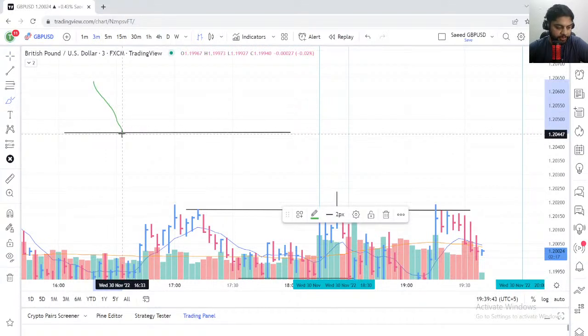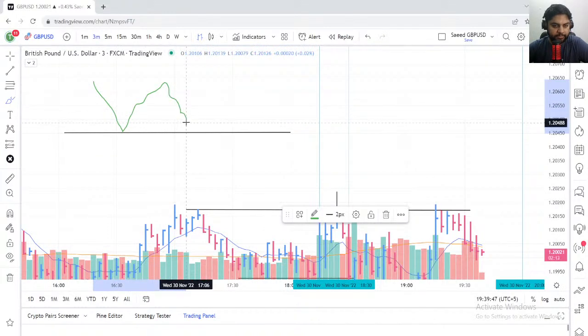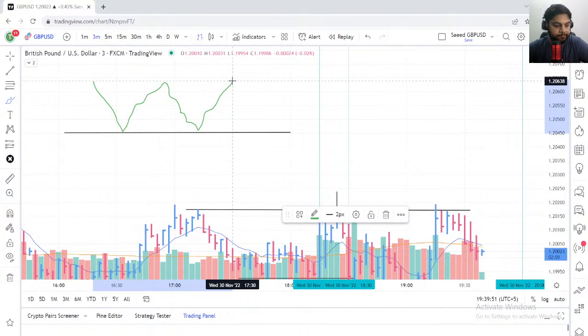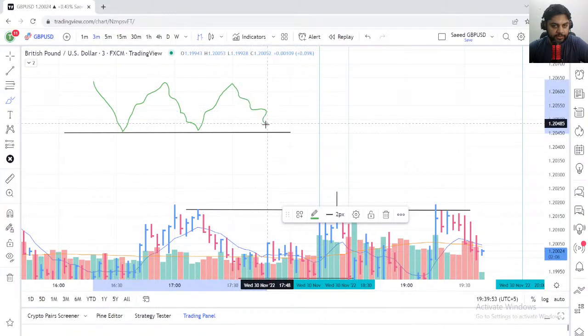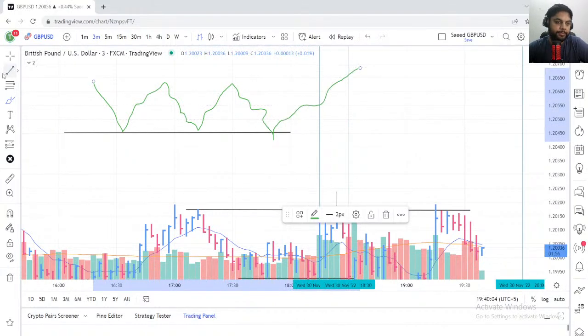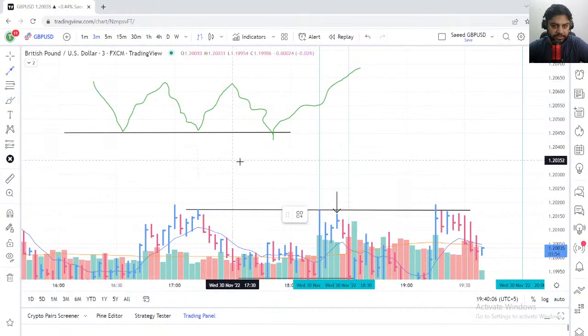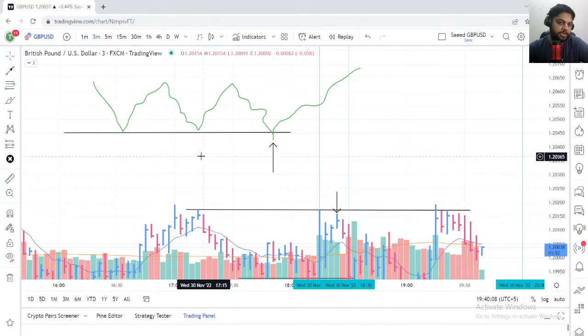So this is a support level. All right, the market is going up from the support, and then it's coming back down, testing support one more time, and then going up again. Then the market comes down to test this support, but it falls below the support level and then reverses and closes firm over here, and then it goes up. So this point in the market is called a spring.